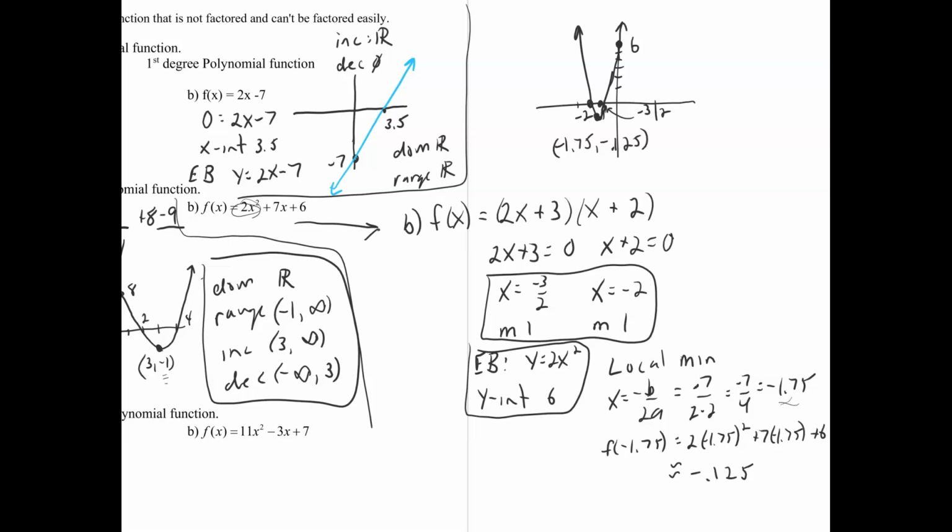So here is my local min. That's the vertex, negative 1.75, negative 0.125. So we have the graph. We have all the basic information here. And let's just put where it's increasing, decreasing. Let's put domain, range,